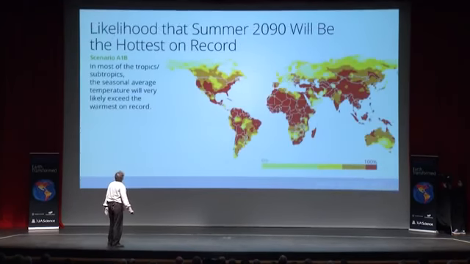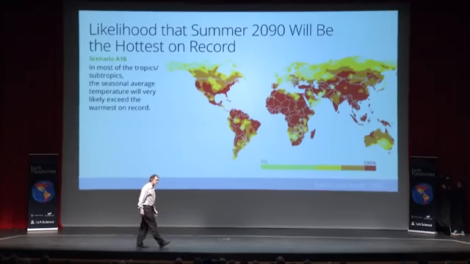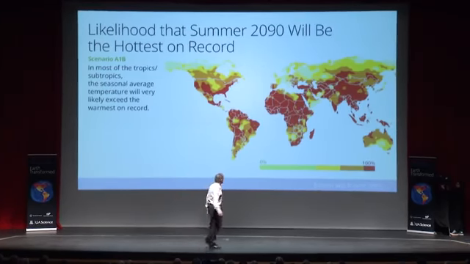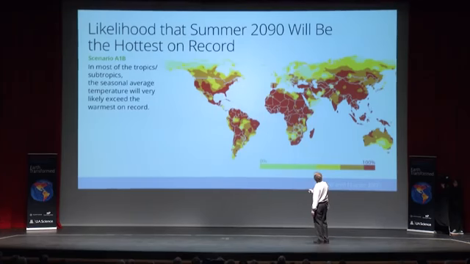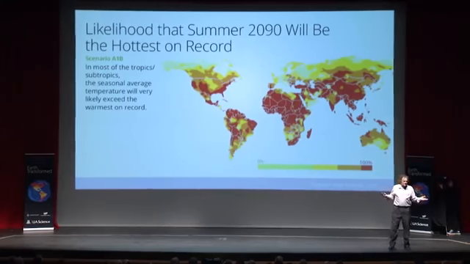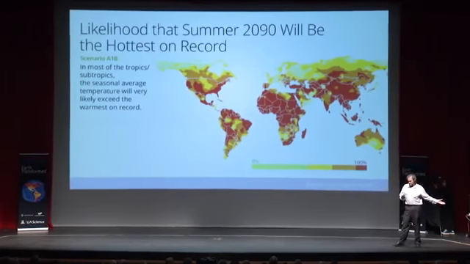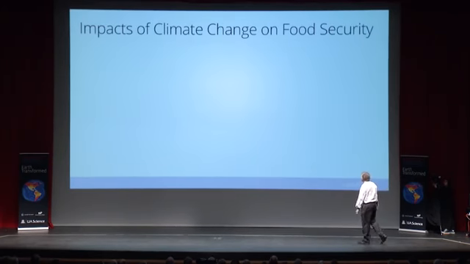The map here is just a color and just says, what are the odds that your place in space is going to exceed the highest temperature ever recorded in the summer? And if you're red, you're basically close to 100%. And you can see pretty much everywhere in the subtropics, north and south, the odds of being out of bounds, something beyond anything ever recorded, is pretty much 100%, even with a split-the-difference emission scenario in a wimpy climate model. Okay, what does this mean for food security?